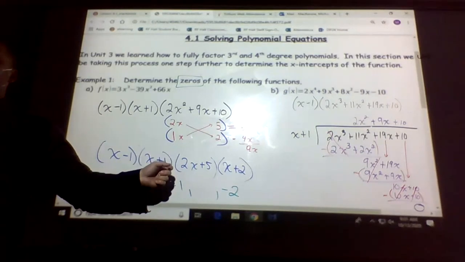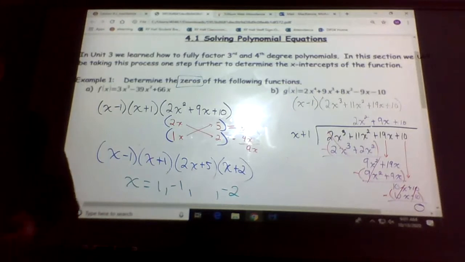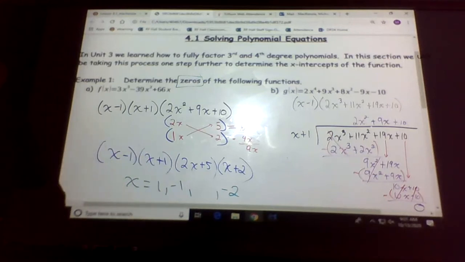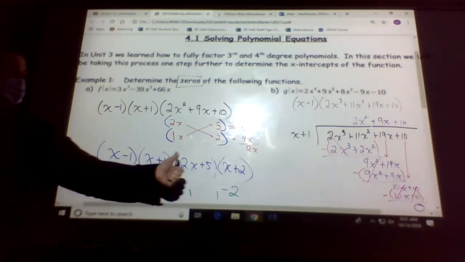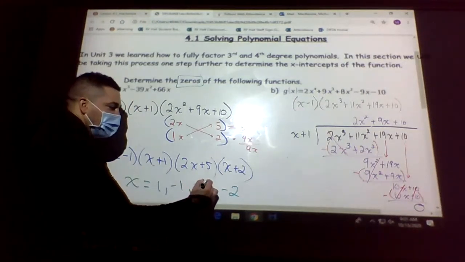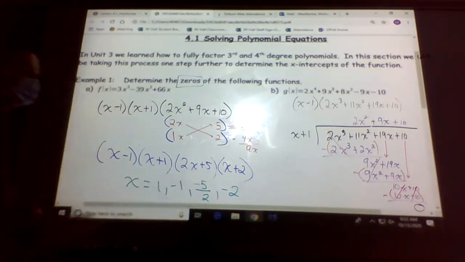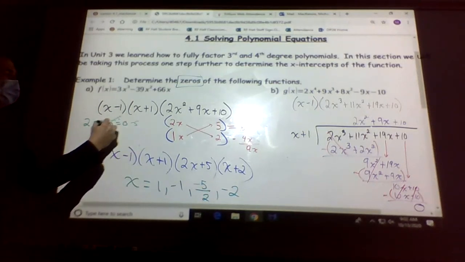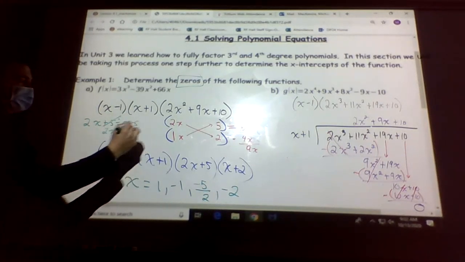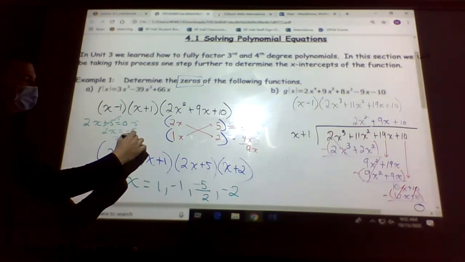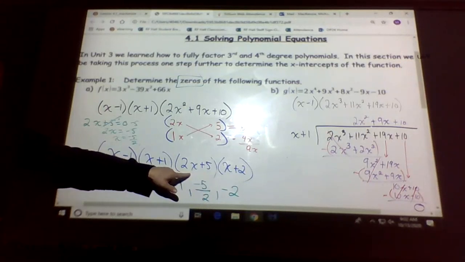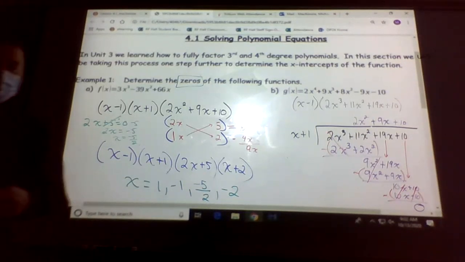Well, we just have to isolate that. Yeah, so you make it equal to 0 again. The quick way is it's this number divided by this number, and then change it to the opposite sign, just like we did opposite signs for these ones. So it's a +5, so it becomes -5, and then divide by 2. Or make it equal to 0: 2x plus 5 equals 0. Isolate. So we have 2x equals -5. Divide by 2 is -5/2. Shortcut: take the second term, change the operation, divide by the first term, and that's good. Okay, that was a long